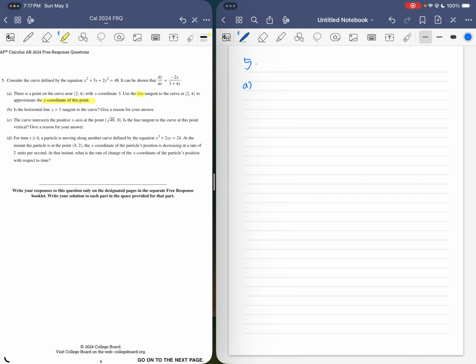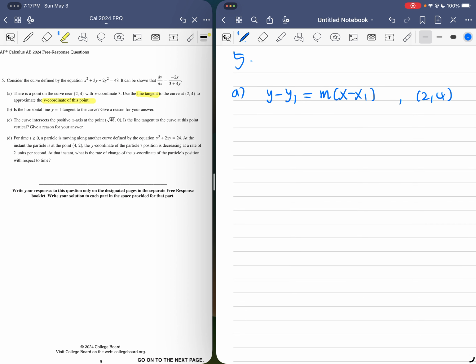There's a magic word, which is a line tangent. Whenever you see use line tangent, it's always y minus y1 equals m times (x minus x1). And the coordinate they gave us is (2, 4). Well, it's really easy. Now, do we know the y value? Yes, 4. Do we know the x value? Yes, 2. Do we know the slope? No, but it's given to us right here, which is